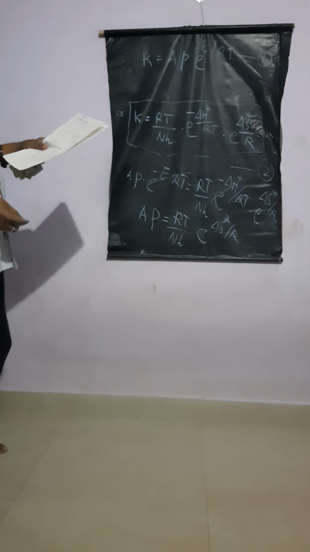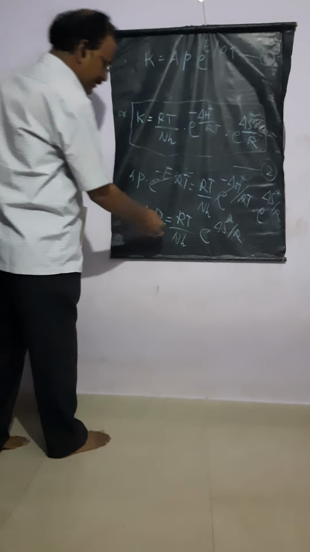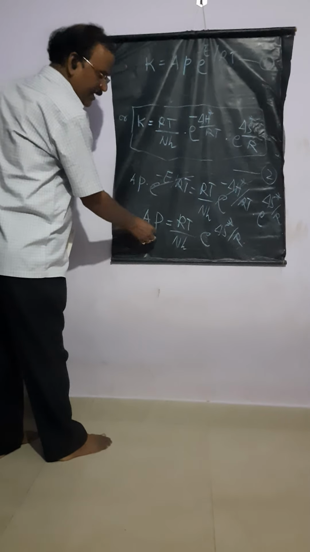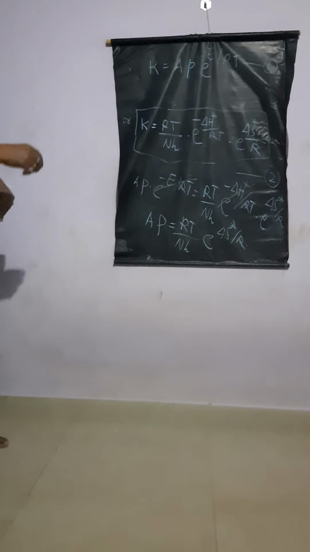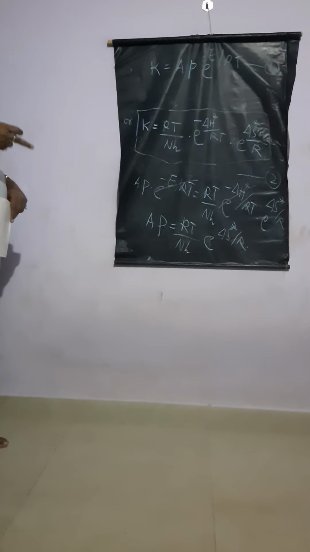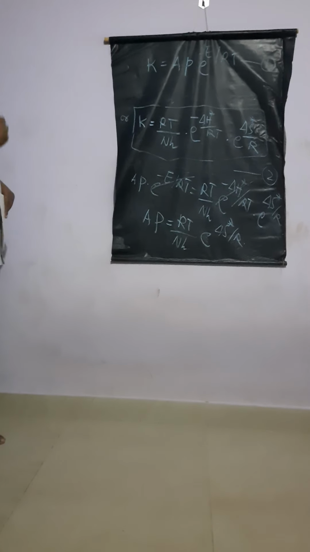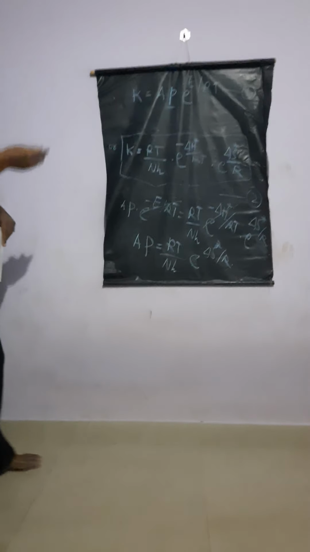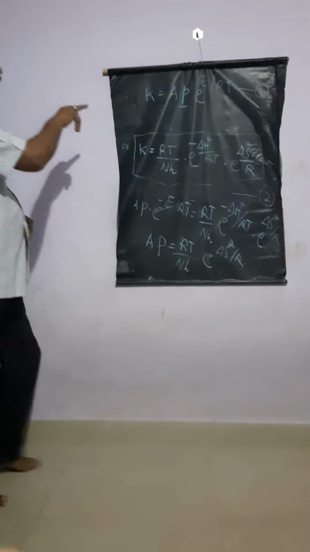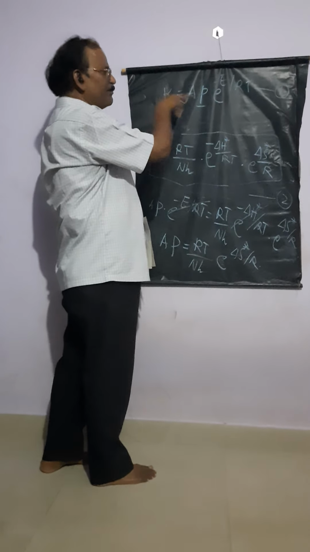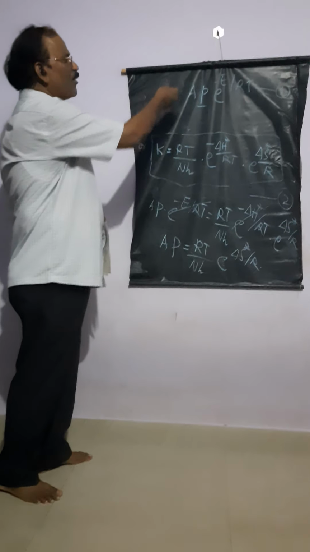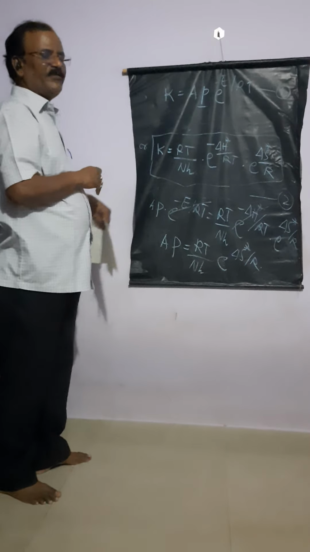Here the steric factor P is related to the entropy of activation of the reactions. So another advantage of transition state theory is that there is no mathematical basis for introducing the steric factor in the collision theory. We are introducing it only because of theoretical and practical differences. We are introducing simply a steric factor, taking into account the steric orientation of the reacting molecules.